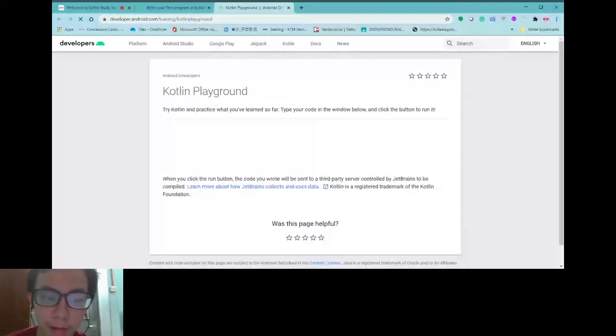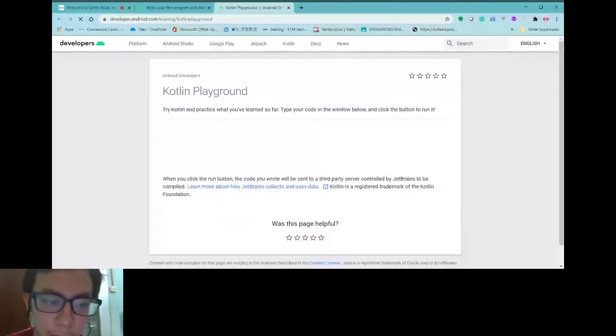You can see here there are some words, and this is the code editor used to edit. You can edit the code, and then you just click this button to run. If I click this, as you can see, just as easy as that, it prints hello world.